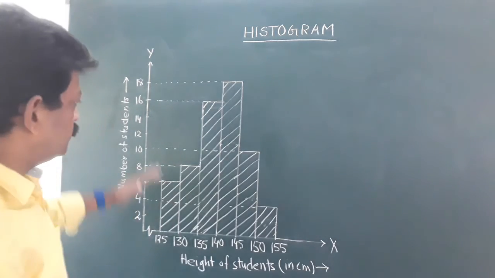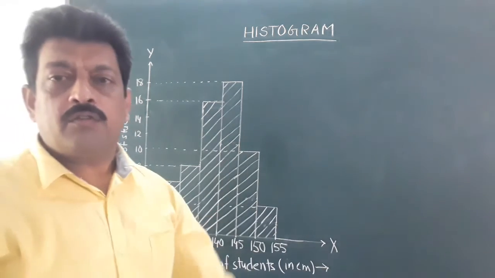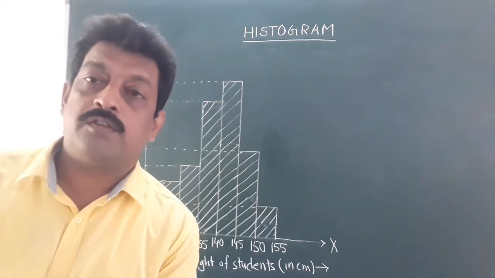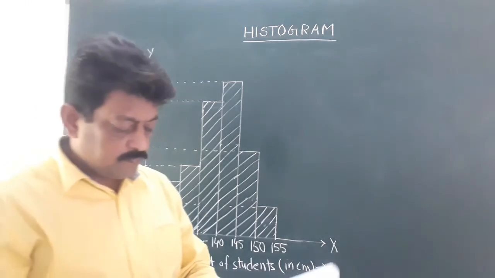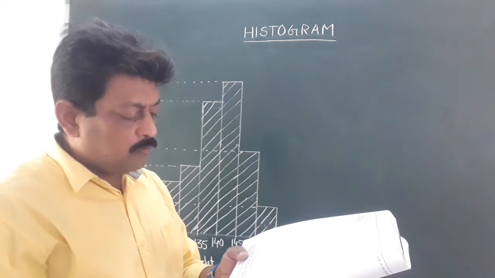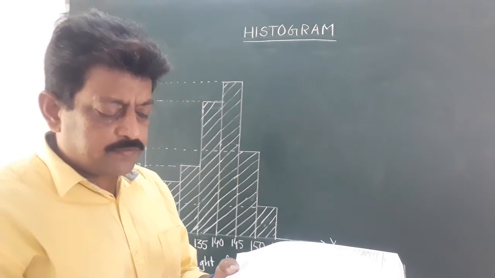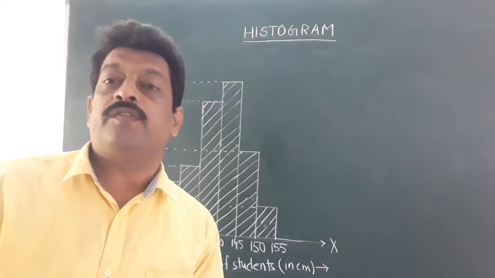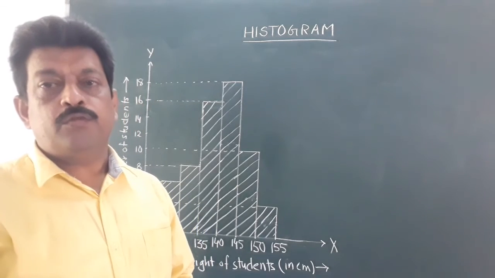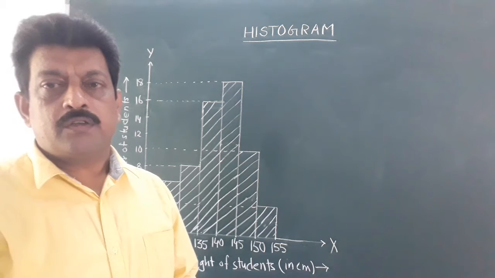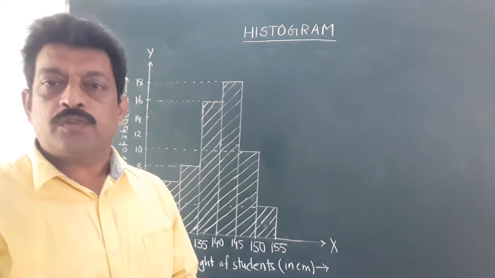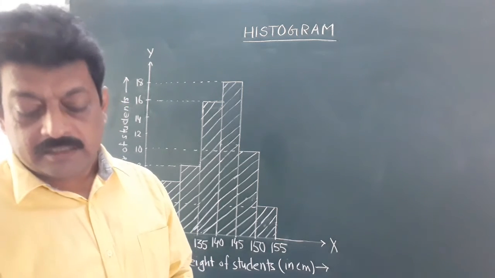Okay, so this is the histogram. Now related questions are given. We have to answer all the related questions. The first question is, how many students have height more than or equal to 135 centimeter but less than 150 centimeter? Means we have to find the number of students whose height is more than 135 centimeter but less than